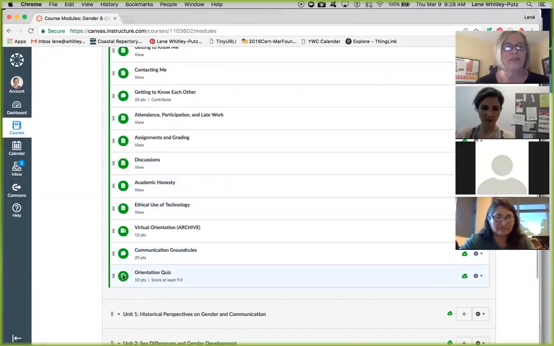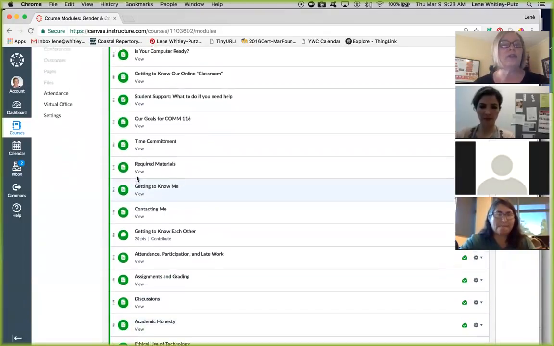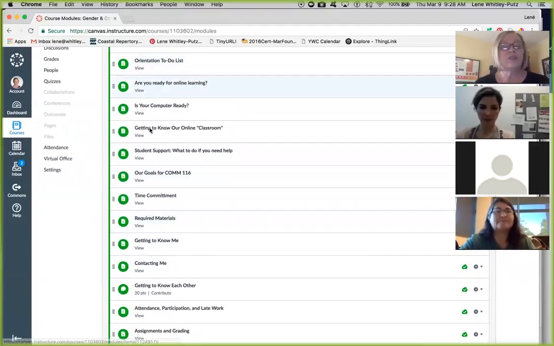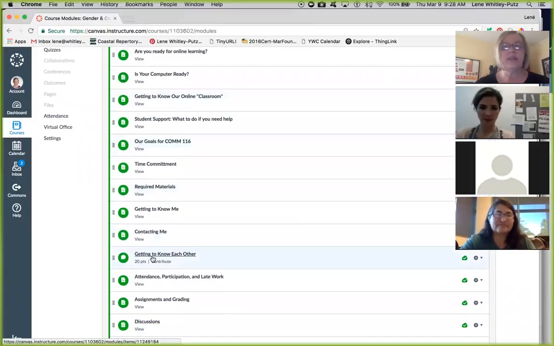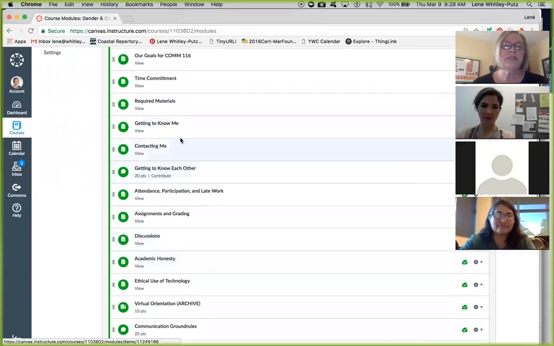then a quiz. So I organize the module according to what I want my students to do first. It's very chronological, right? So the first thing that I want them to do is kind of get oriented to the course. And then I'm assuming that these first few pages, they're short pages, will take them maybe an hour to read, right? And then I want them to dive in early in the week and get to know one another. So I'm going to put this getting to know each other discussion after these introductory pages rather than putting